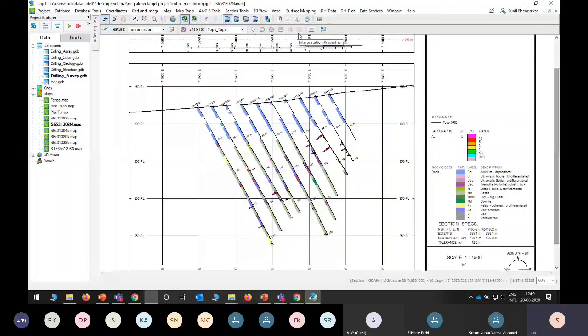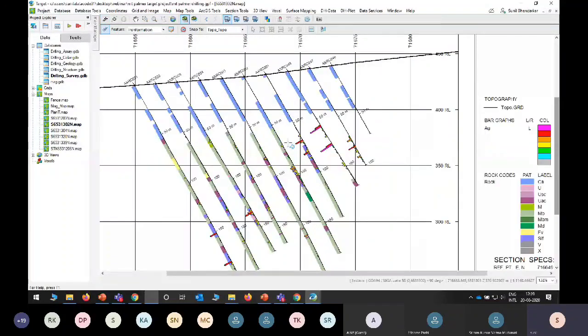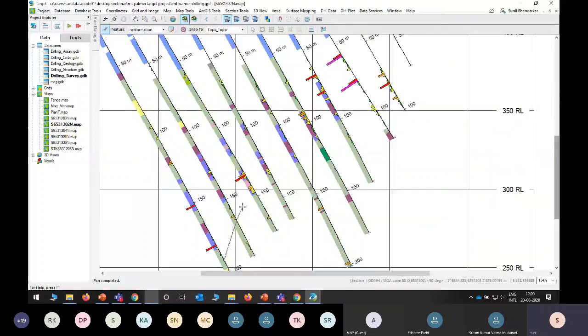Then likewise we do the old-time cross section correlation. So here, as I can see, the gold values are very much promising. Here I can see small values. So accordingly I can draw my cross section like this, where I am getting a gold value at a higher level. So here with respect to this I can draw my cross section. That type of digitization we can do here.